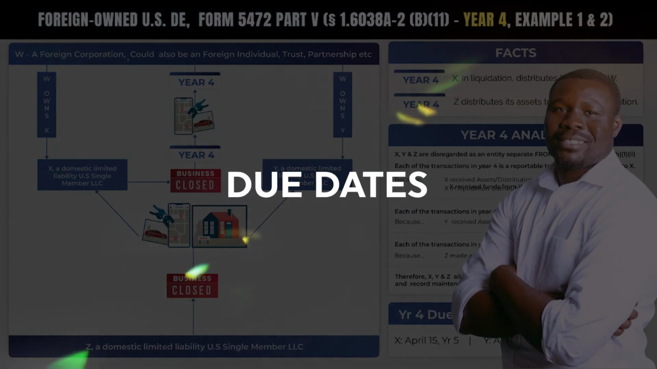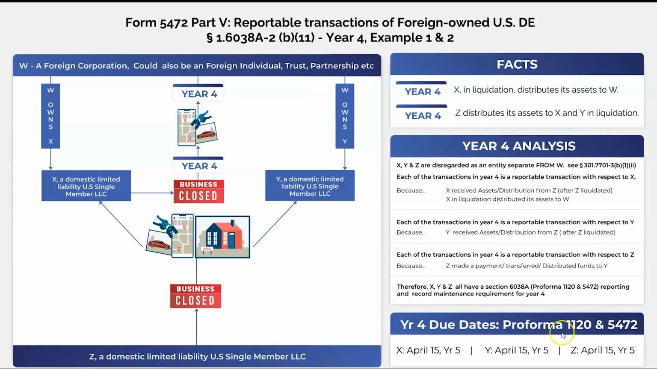Let's go to the due date. For all these year 4 transactions, the due date is going to be April 15, year 5 for all of the entities here. If you are a calendar year filer, generally the year begins from January 1 to December 31st. In this example, we could say that all these transactions may have occurred anywhere between January 1 and December 31st, year 4. And after the calendar year ends on December 31st, you have to file your return on the 15th